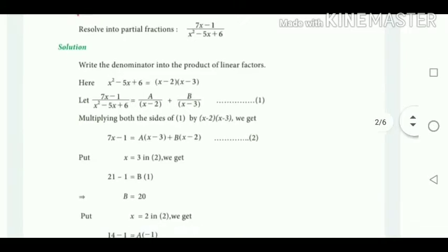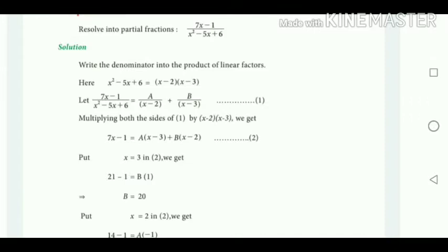Here we are getting two factors, so you have to write a by x minus 2 plus b by x minus 3. If it is three factors, it means a by x minus 2, b by x minus 3, and if there is one more factor like x minus 1, plus c by x minus 1. So depending upon the number of factors, we have to write a by, b by or c by, according to the number of factors we are getting. Here we are getting only two factors, x minus 2 and x minus 3. So we have to split the fraction into two parts, a by x minus 2 plus b by x minus 3.